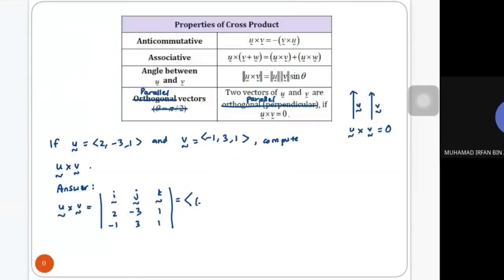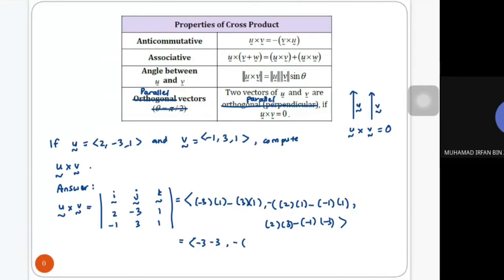You will get negative 3 times 1 minus 3 times 1, minus negative 2 times 1 minus negative 1 times 1, and the third component will be 2 times 3 minus negative 1 times negative 3. Simplify, you get negative 3 minus 3, negative 2 plus 1, and 6 minus 3. So negative 6, negative 3, 3. So this is your